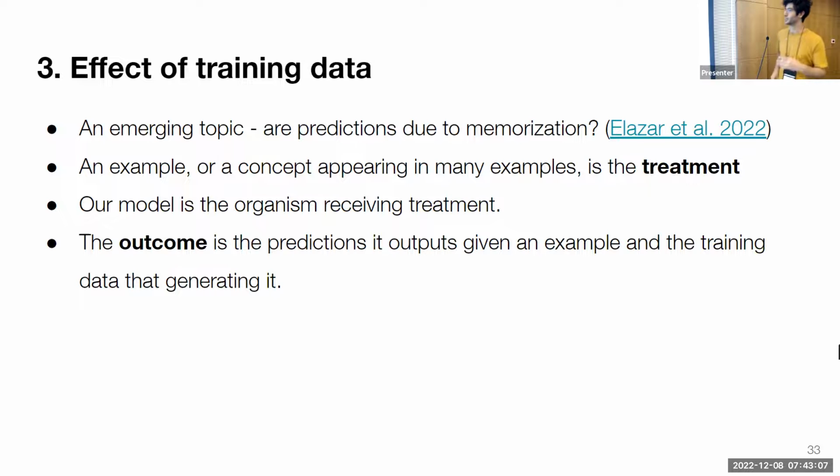So this is still quite young, but a very interesting question that we can have there is trying to understand, under some intervention, where an intervention is removing or adding examples to our training data, how would my new model's prediction have looked if those examples were in my training data, right? So I can understand the causal effect of adding some type of information and encoding it into my model.